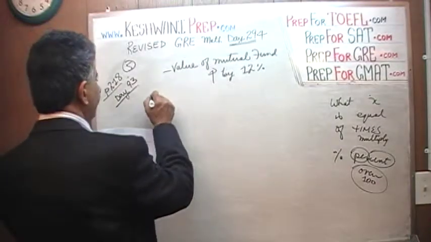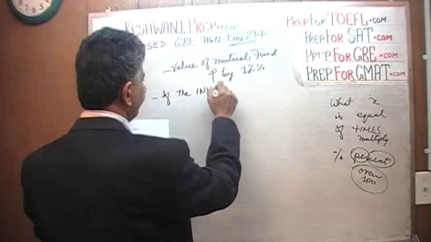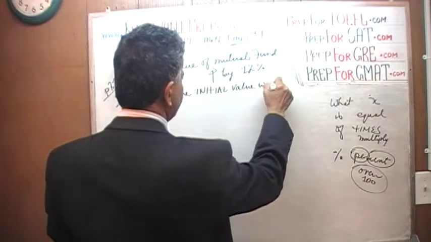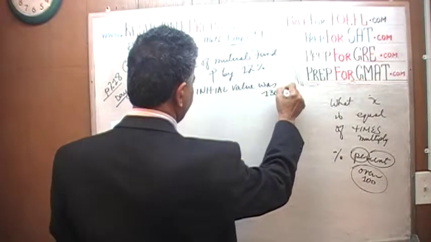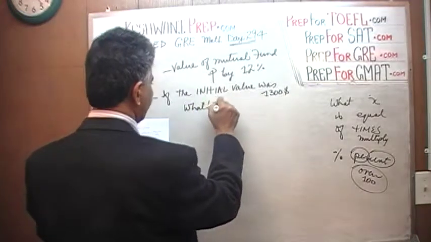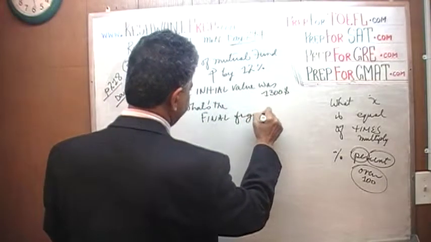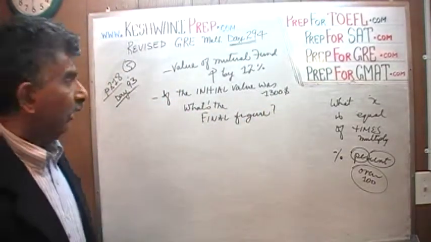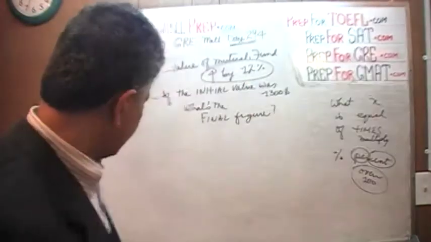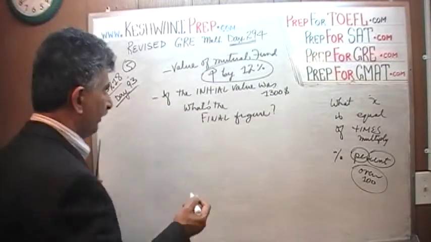So, if the initial value was 1300, what was the final figure? That's all. What's the final figure after it has gone up by 12%? It's very simple, very straightforward. Don't make your life miserable. Don't try to do it in a tedious, geeky, nerdy, academic way. Here is how it is. It has gone up by